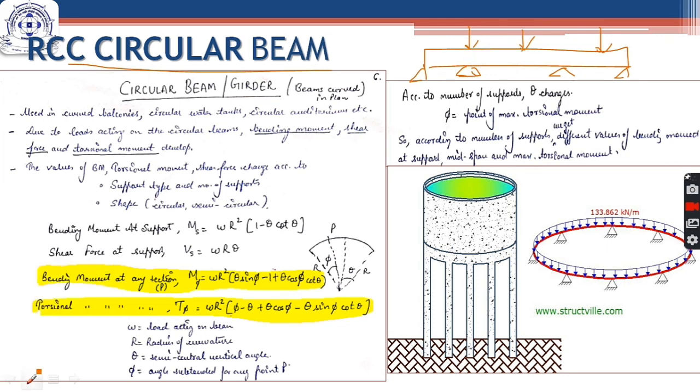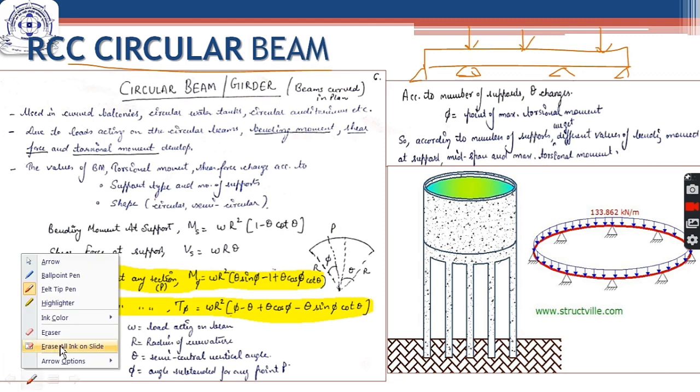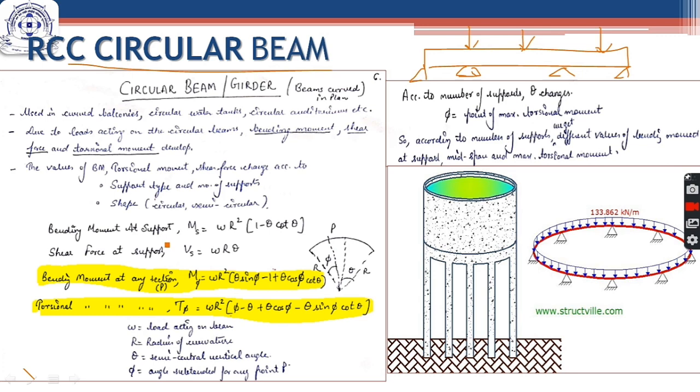So the same thing is done in case of circular beams also, but there is a big change here as this is a circle. So we will calculate the bending moments at various points, but not in linear direction but in the circular direction. So let us consider this is a circular beam acted upon by this UDL. If I want to find out the moment at this particular point, I calculate the moment here by some expression which I will be telling you, and then I calculate the reinforcement due to this moment and provide the reinforcement here.